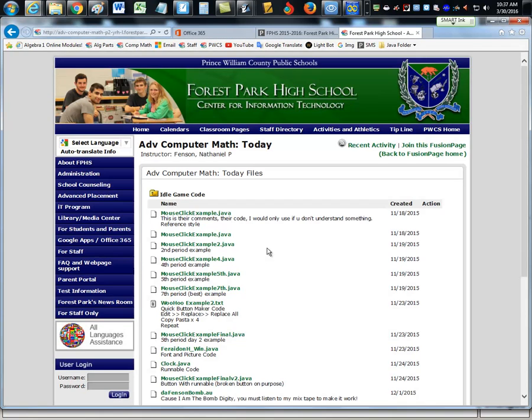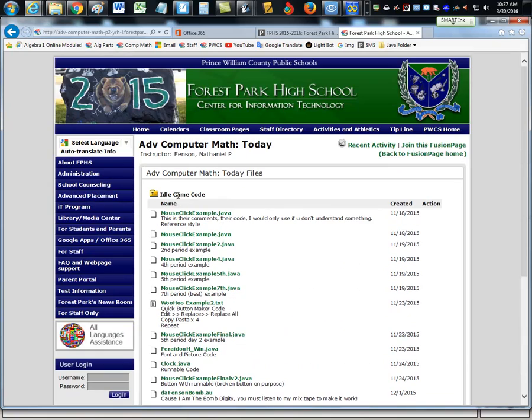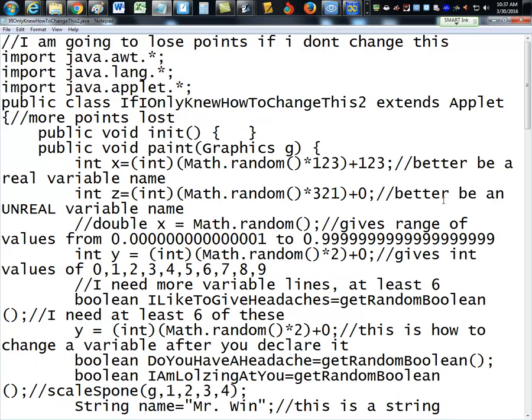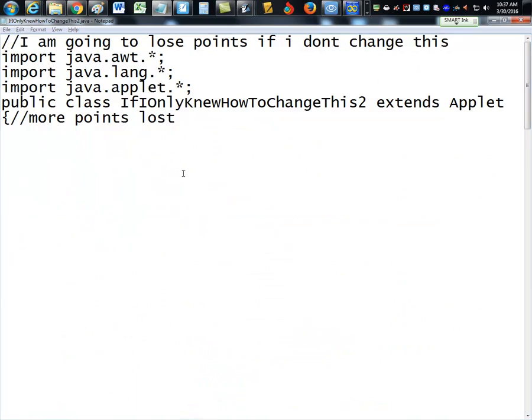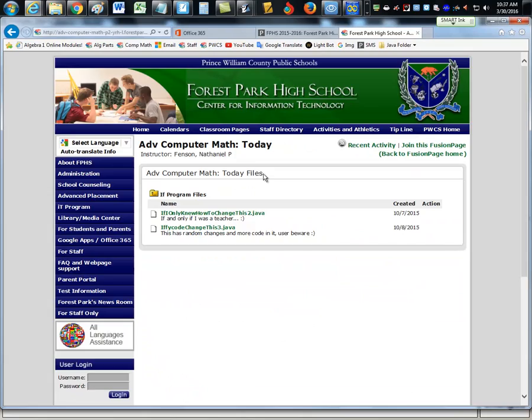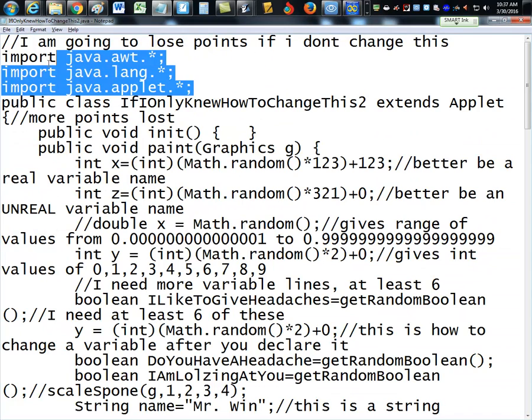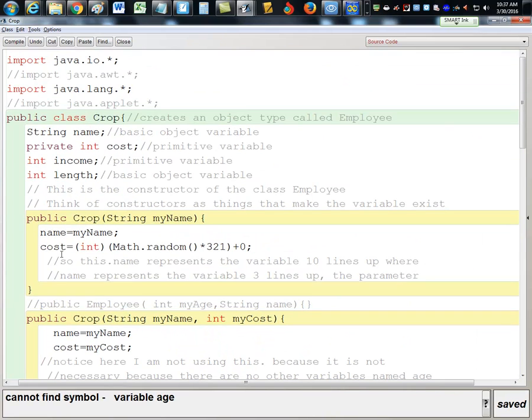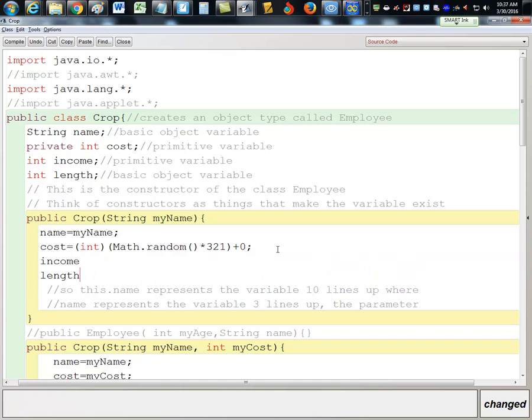Well, let's take a look at the code that we know. We know back from our if program. So this line of code right here, I'm just going to swipe. And I also need my import statements, and I'm lazy, so I'm just going to go. So now I need to make the cost, income, and length all random numbers. Now, my cost, I want anywhere from the cheapest crop I ever want is probably $25. The most expensive crop I ever want is